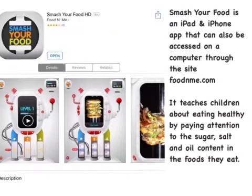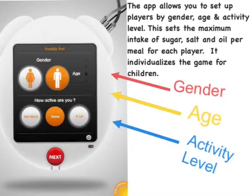Smash Your Food is an iPad and iPhone app that can also be accessed on a computer through the site foodandme.com. It teaches children about eating healthy by paying attention to sugar, salt, and oil content in the foods they eat. The app allows you to set up players by gender,